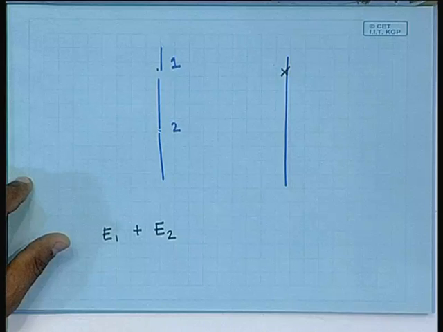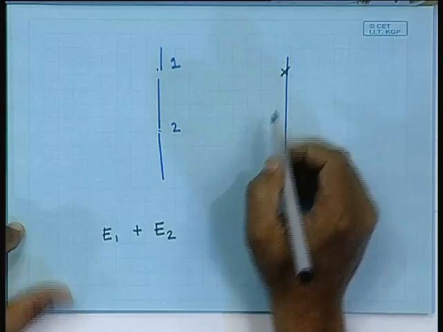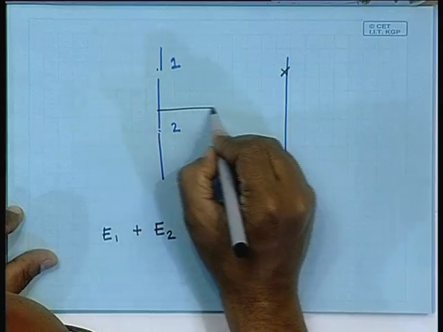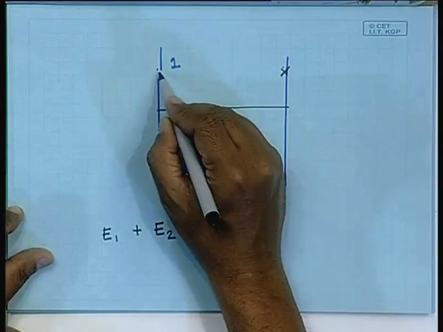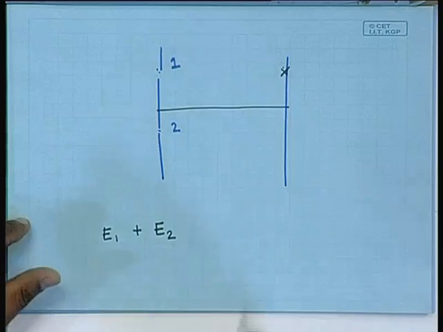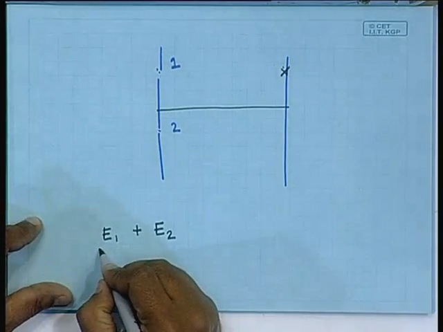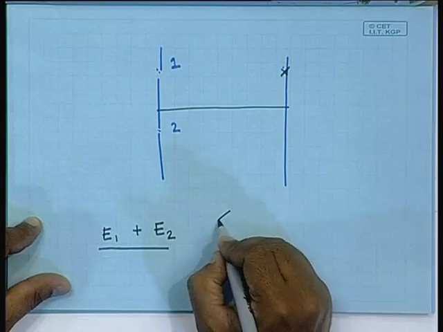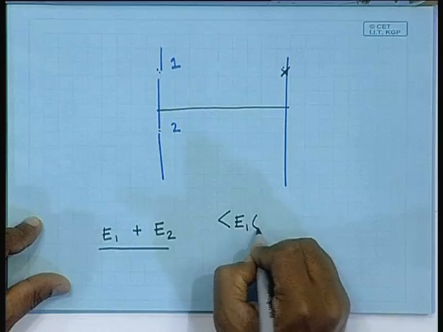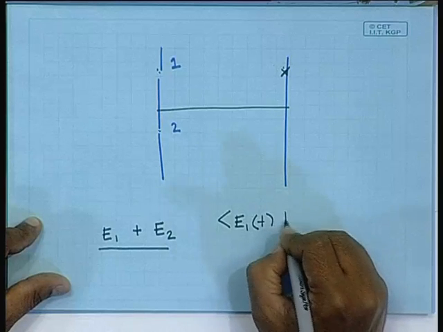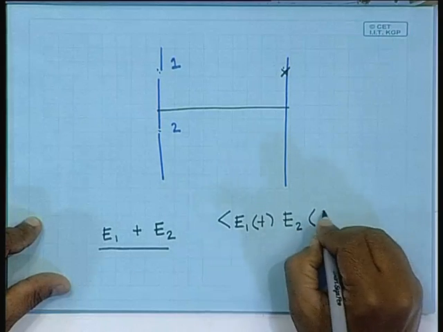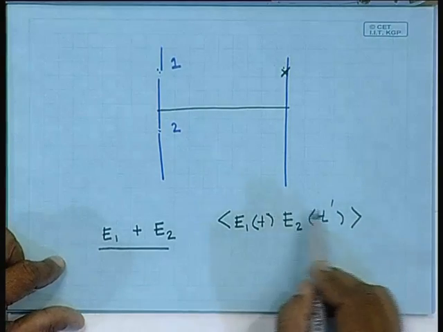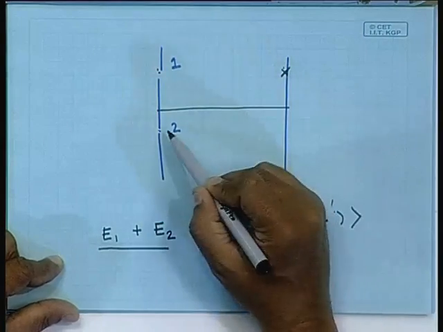And if you look at a point which is off the center, for example this point, these two waves will arrive with different time delays. So the quantity responsible for interference arises from this particular term, E1 at time t and E2 at some other time t prime. These two times are different because the path lengths to this point are different.